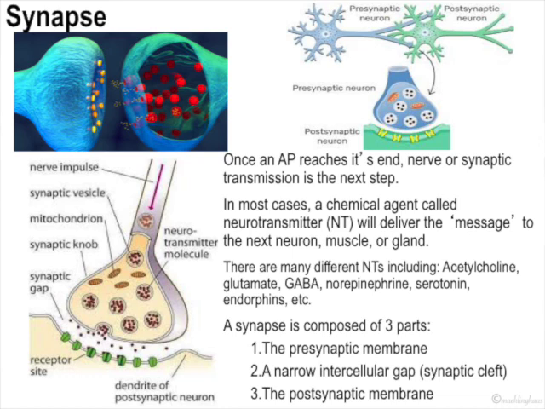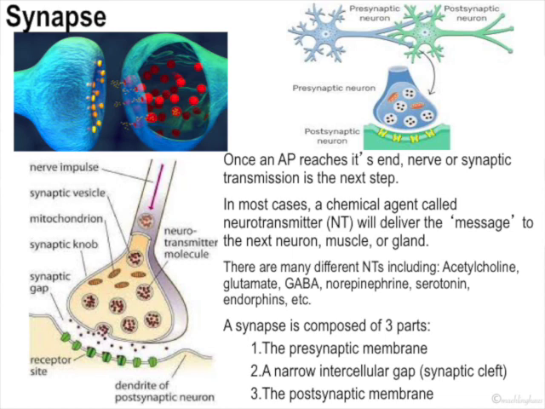And what happens in the function of a neuron, a nerve impulse, is these ions going back and forth. They go across the cell membrane along the way. At the end of that axon, where the nerve impulse comes down, that's electricity. But all that really does at the end is stimulate the release of chemicals into the space after that neuron, the synapse. So at the end of that neuron, we have a little knob. They call it the synaptic knob, which is just a thickening. And in there, we have all these